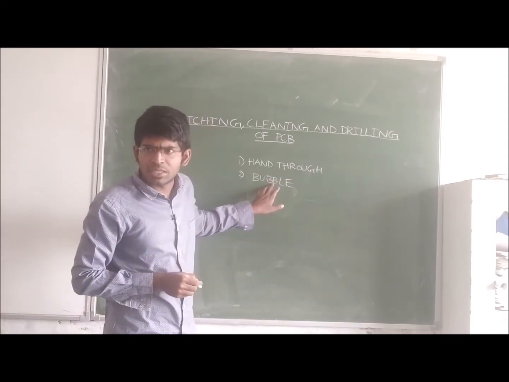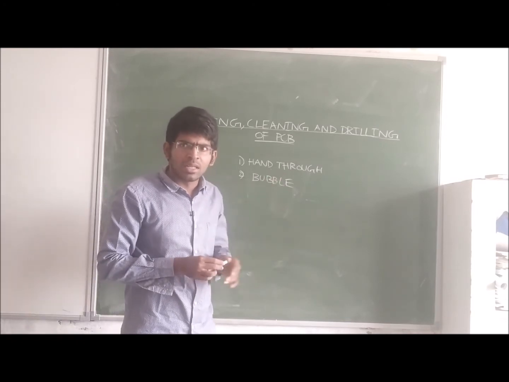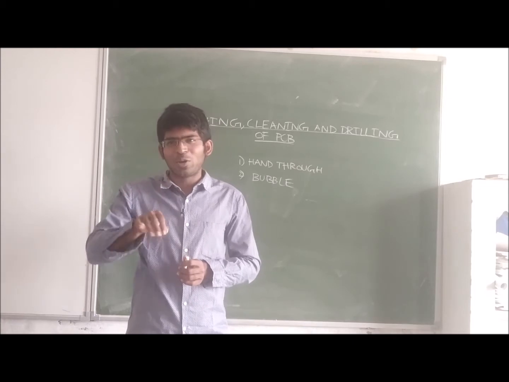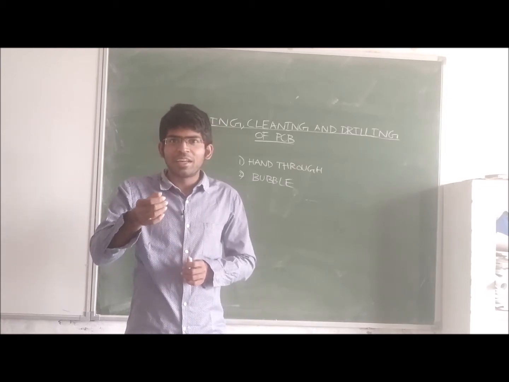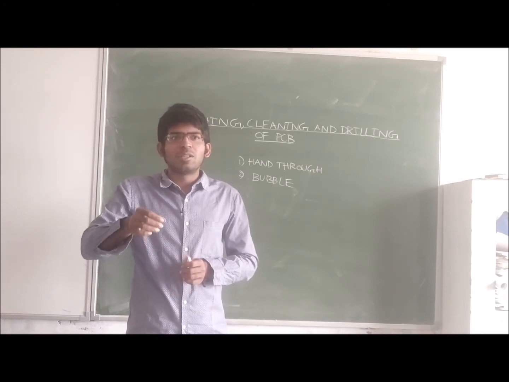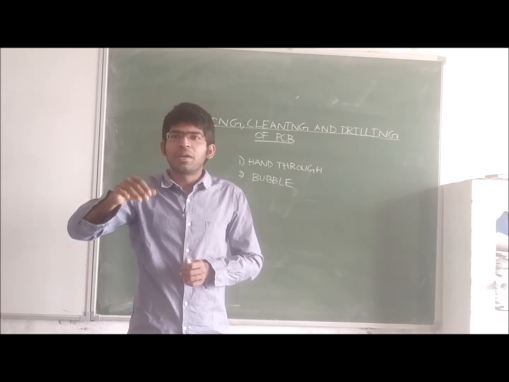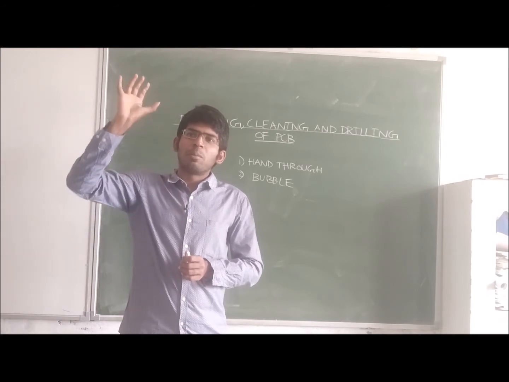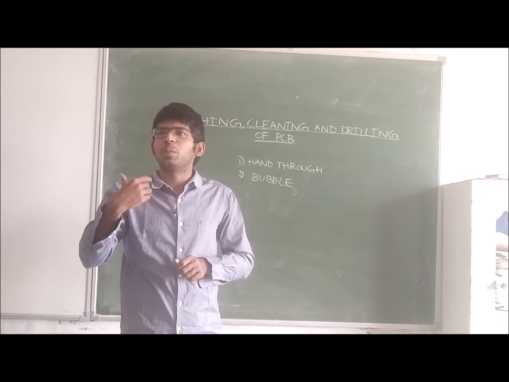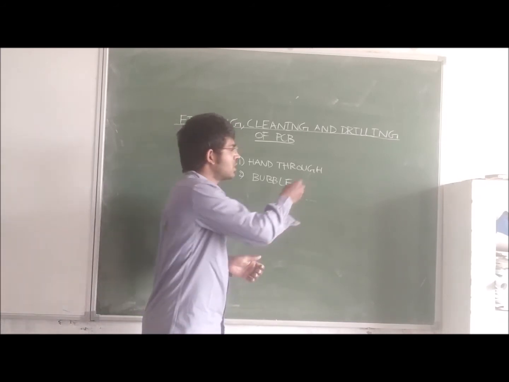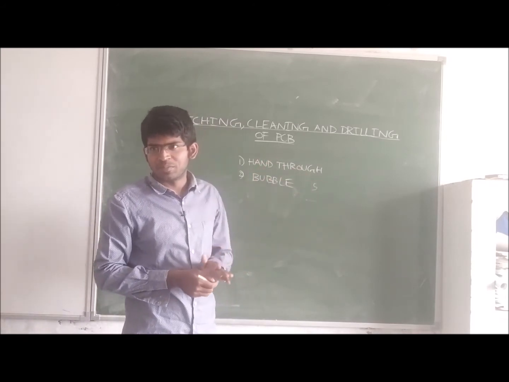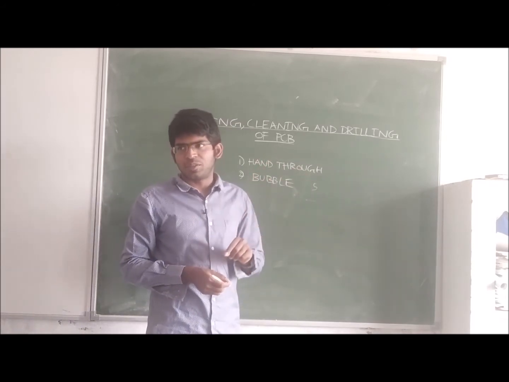As the name suggests, in this etching, we send bubbles. Still we are taking the ferric chloride only. But we create the bubbles in the ferric chloride solution, and these bubbles are coming out, and because of this, forced bubbles coming out and hitting the copper clad sheet, etching will be done. This process takes nearly 5 minutes, half of the hand through etching, and it is also cost effective.